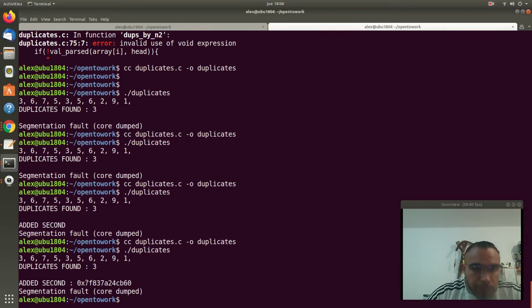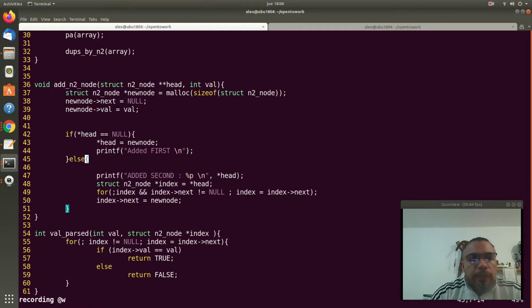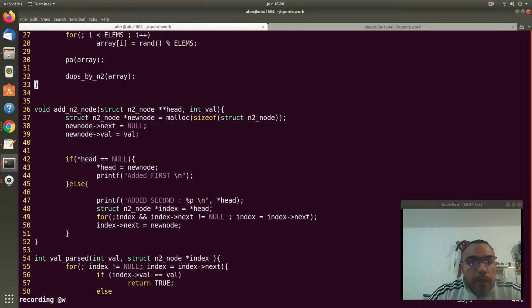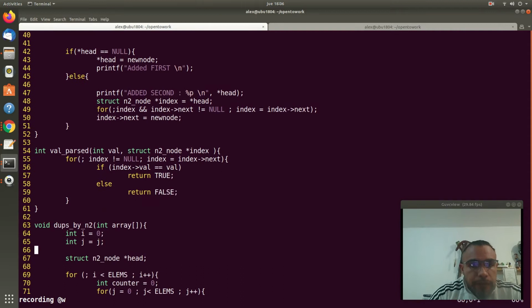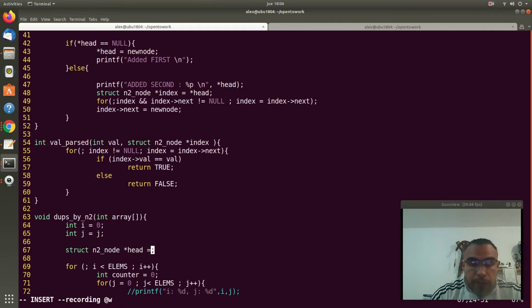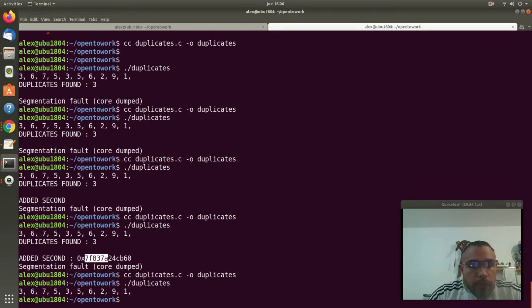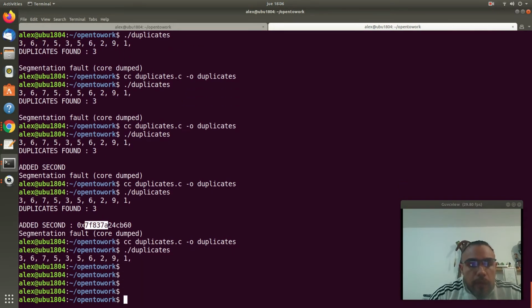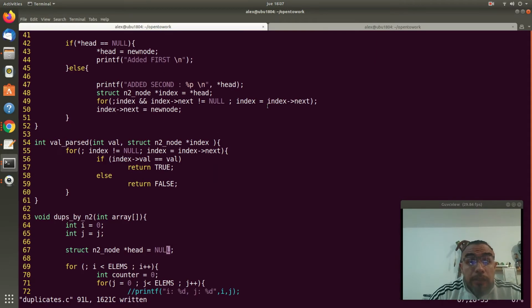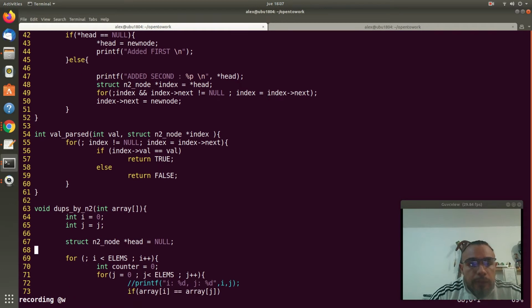It's pointing to an invalid memory address, which means that it's coming 30, and that's because this is not initialized. Okay, so we are not having a segmentation fault anymore, but at the same time,